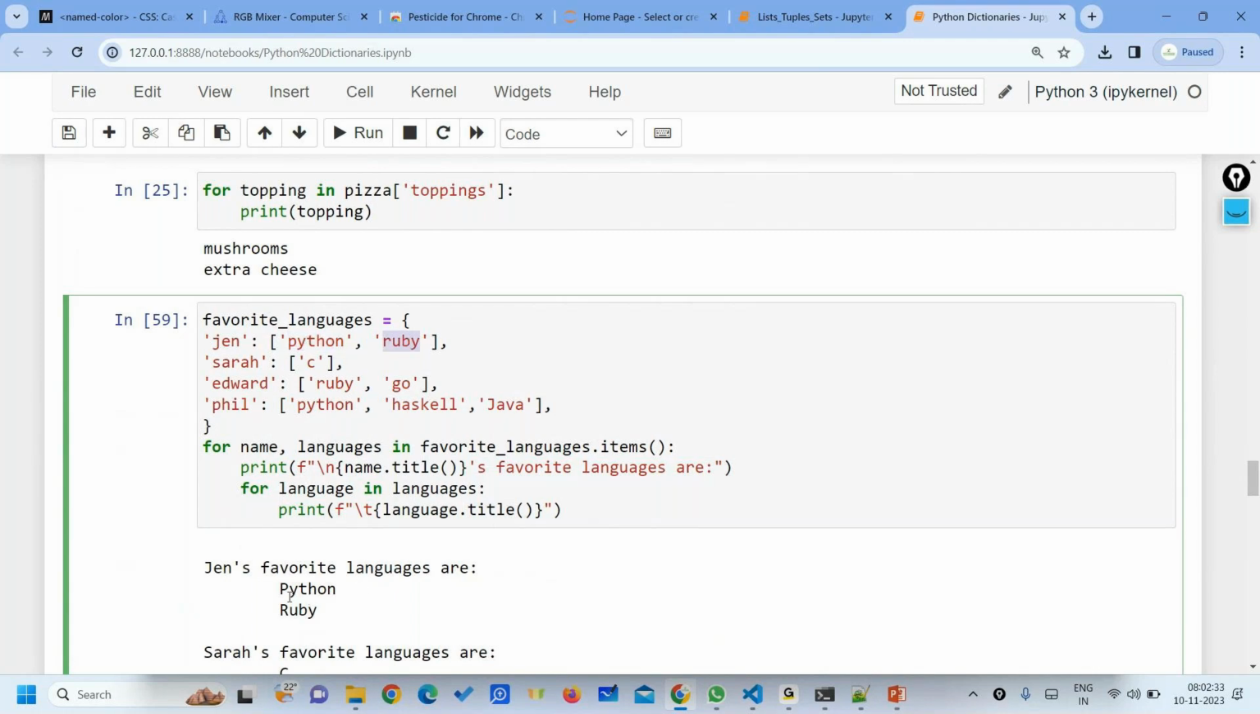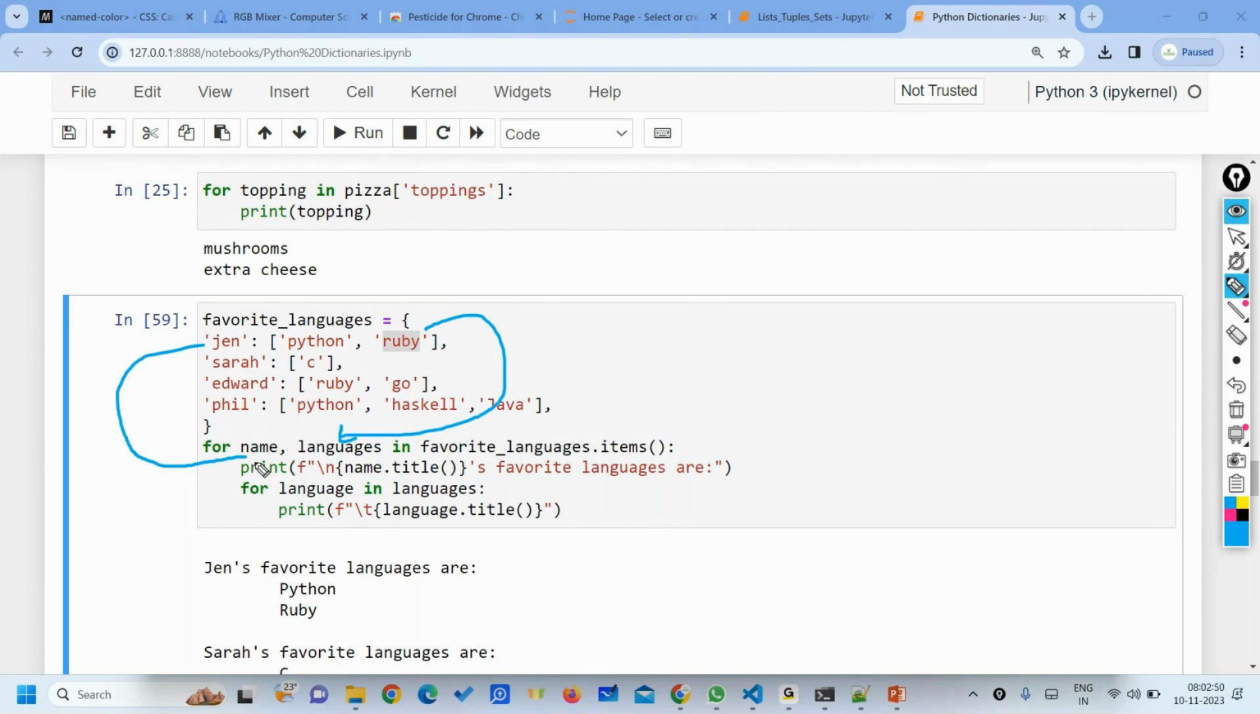See here, Python and Ruby are the first person's. See, the first time it is taking name as Jen and languages to this one, right? And printing those values the first time. Name is Jen, it prints Jen's favorite languages are, and language in languages prints Python and Ruby. Again going to the for loop, the main for loop, going to the second item, Sarah. So Sarah's favorite languages are,